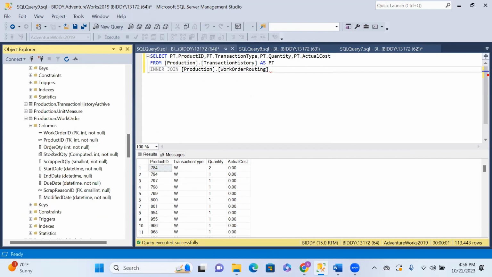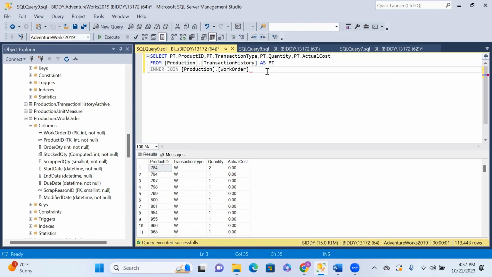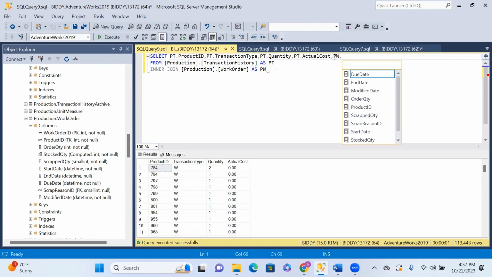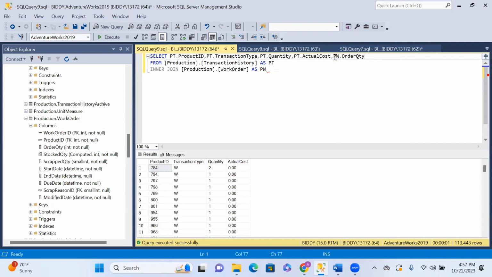Okay, let's use work order because I can see we can use order quantity and stock quantity. So let's do work order as PW, right? So here, we want to do PW dot order quantity, right? Order quantity, comma, PW